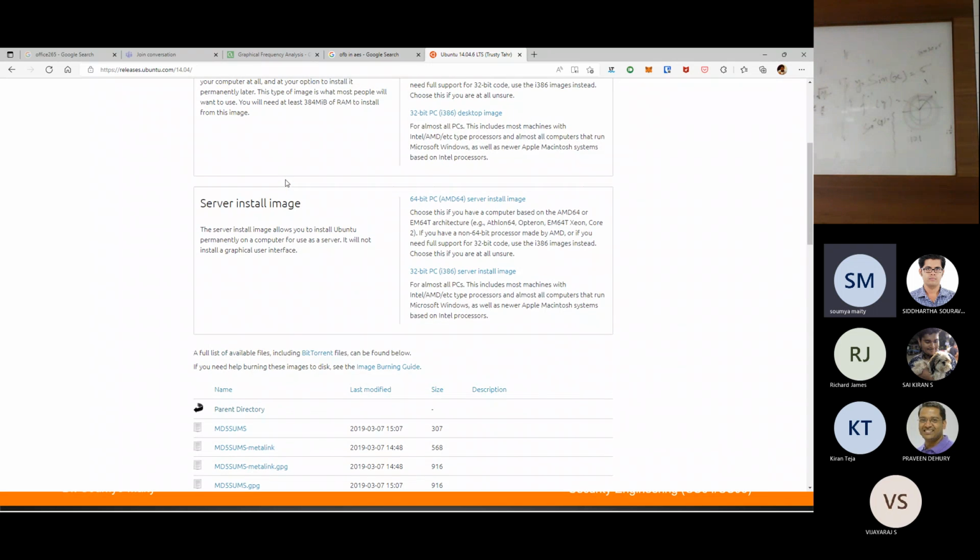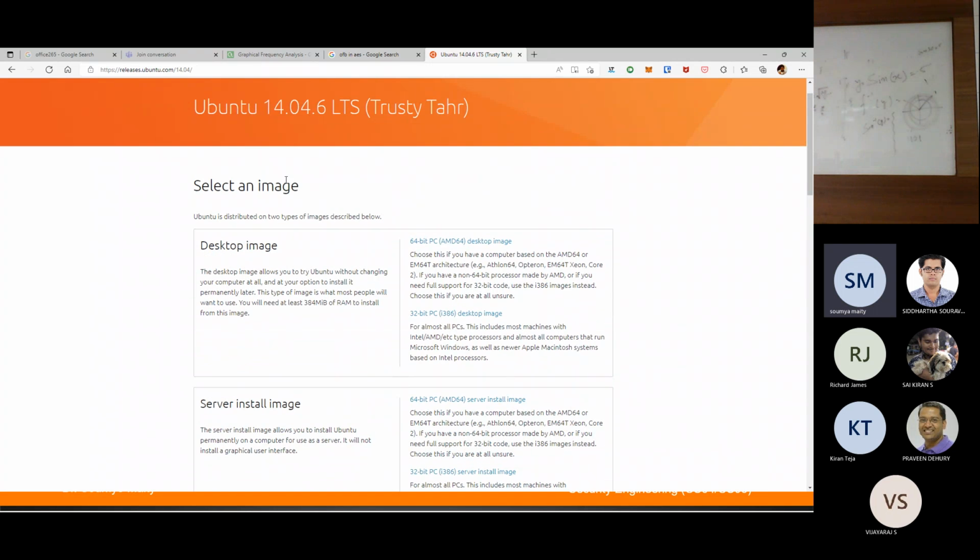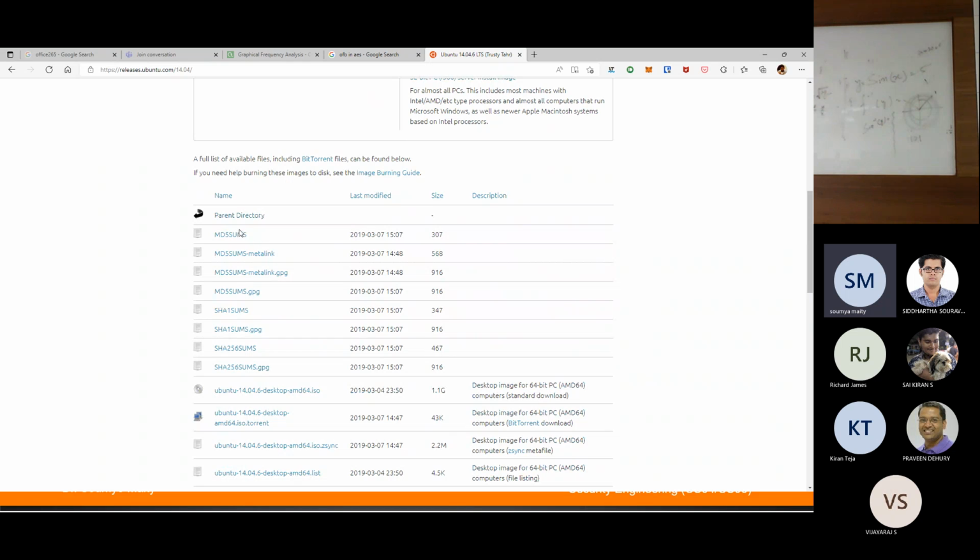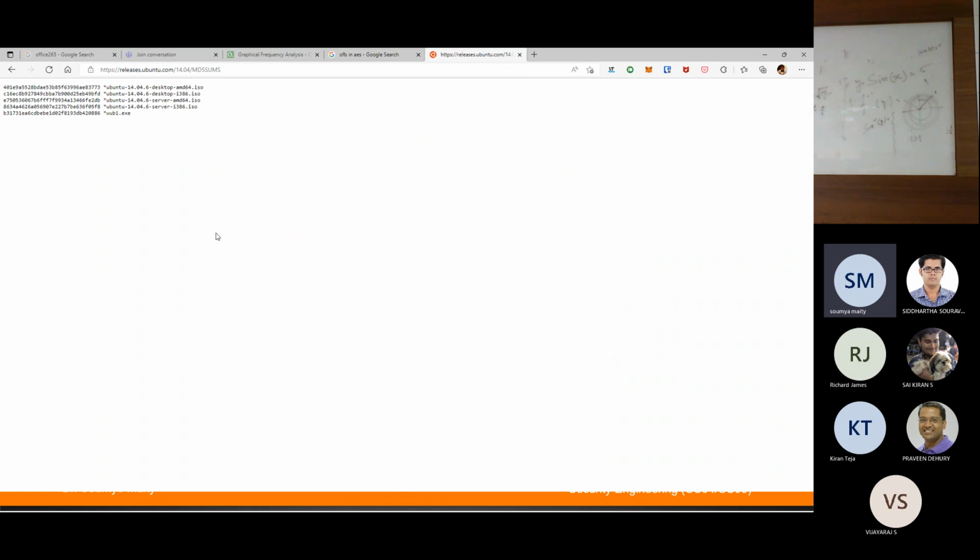Here, if I go to the Ubuntu download page, for every download there is actually an MD5 sum. You see, this is the MD5 hash for this. Anywhere you are downloading something, it says this is the hash. But why? The reason being,